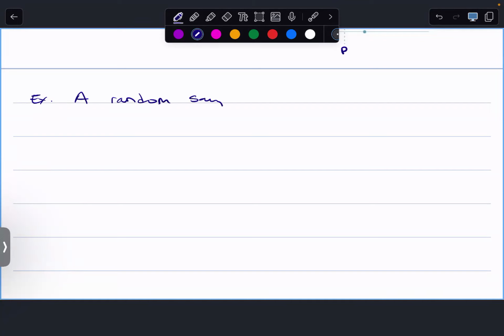A random sample of 600 dentists found that, obviously I am making these numbers up as I go, found that 450